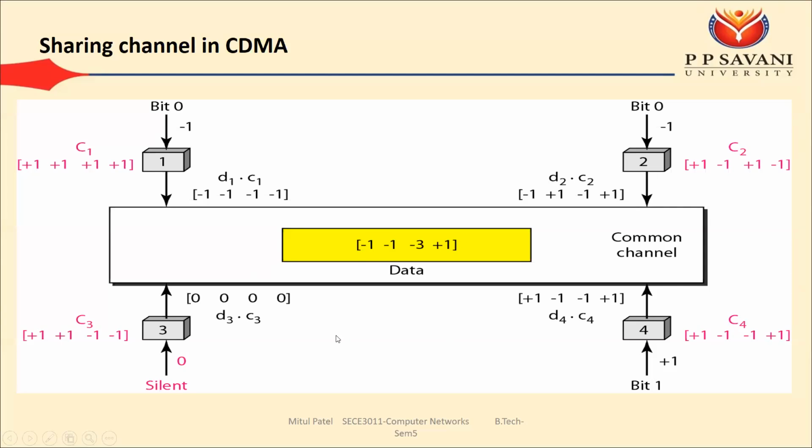This problem can be reduced by modifying the frame so that it has values like the source address and destination address. So before using the common data, station 4 first has to verify the source address. Once station 4 knows the source address, then it can apply the specific code.